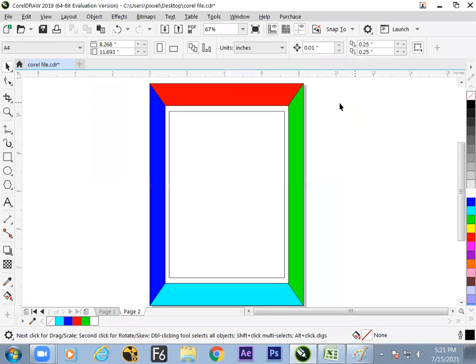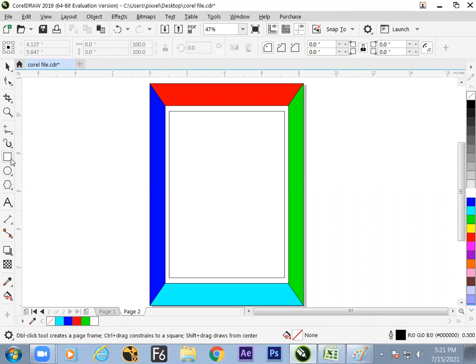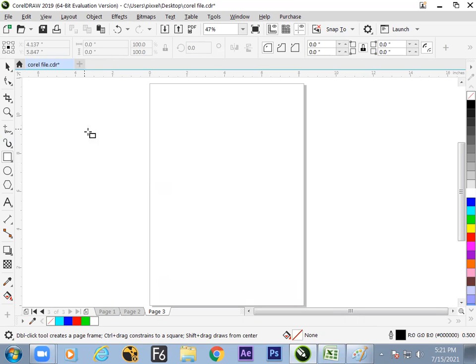Later on, we will be able to place the photo inside this smaller box in the center. That will be coming up later. But for the timing, yes, we have understood how to split the screen and convert to curve. Is it okay? Same rectangle tool. Let us move to the next canvas.